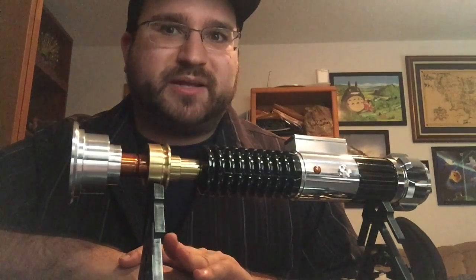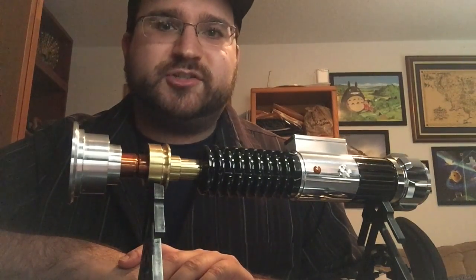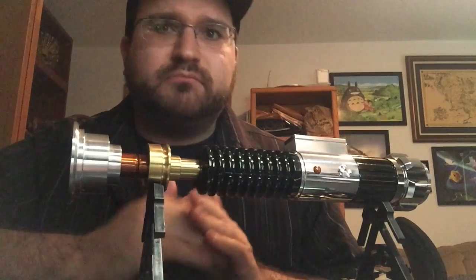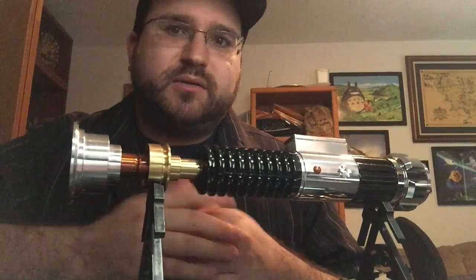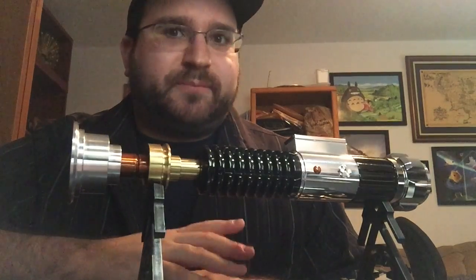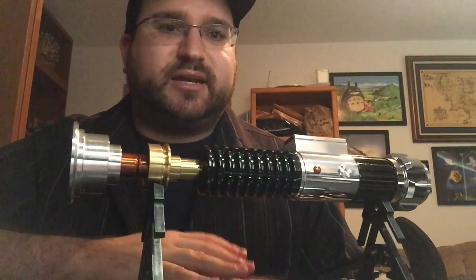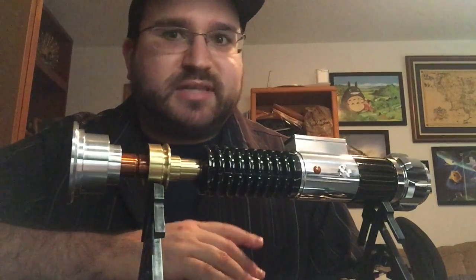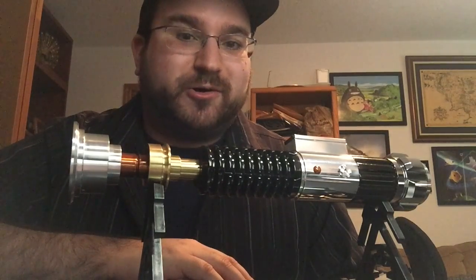I was looking for a replica that didn't cost $1,000, and I stumbled across the company Saberforge and purchased their Redeemer hilt, which is heavily inspired by this design. Some inaccuracies when it comes to looking exactly like the prop, but that's okay. It was the closest that I was able to find that didn't break the bank for me. So I purchased the Redeemer, and that's how I got into the world of custom sabers. I really enjoyed the hilts, and I wanted to learn more, and eventually started doing my own, etc., etc., and now here we are, 2.5 years later, and I finally get to own a very, very gorgeous piece of work